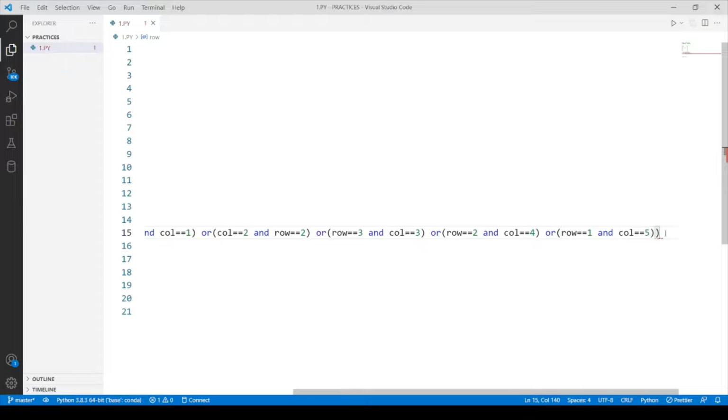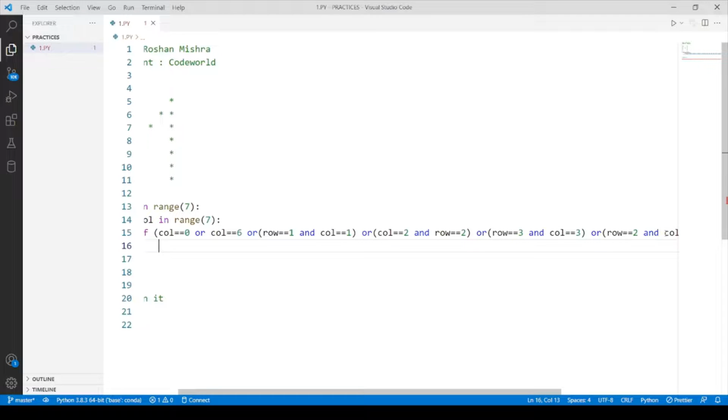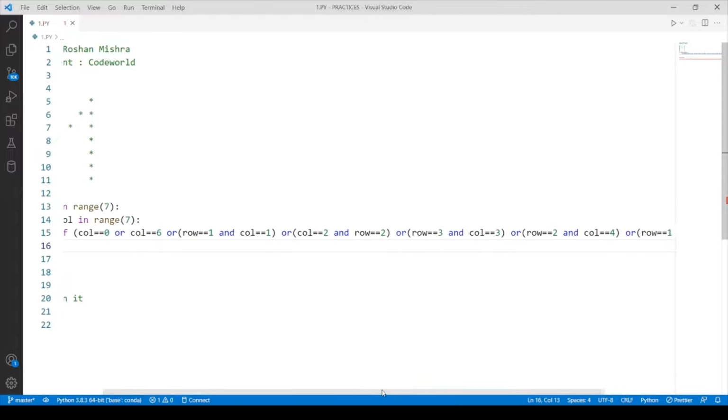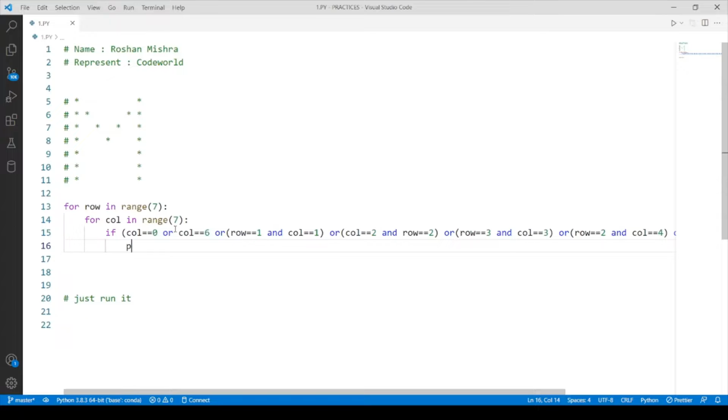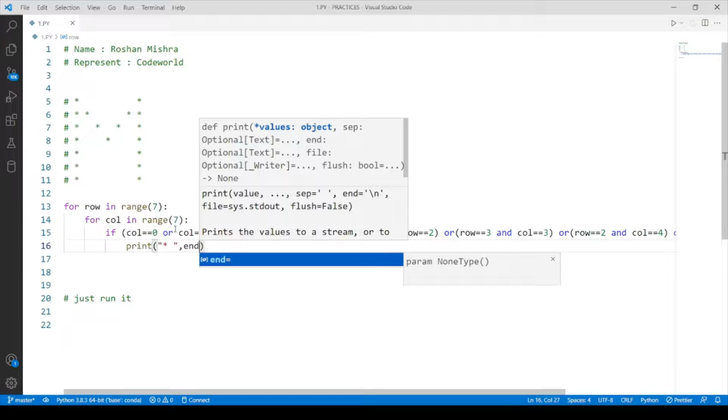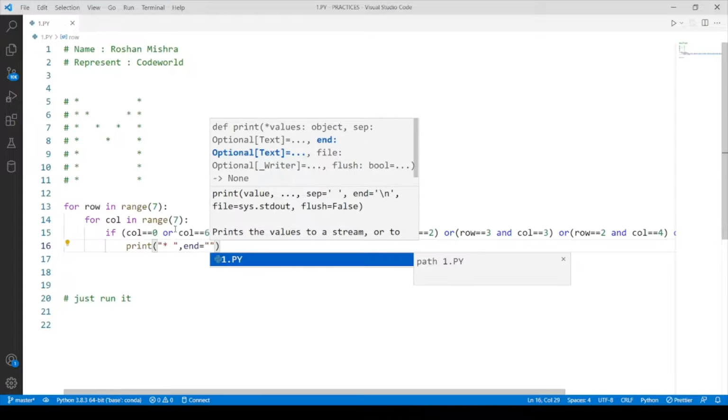If this condition is true, then print asterisk, and we are using end so that we print in the same line.